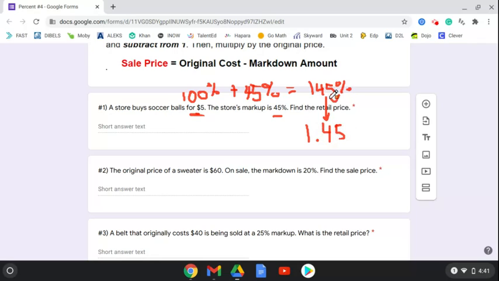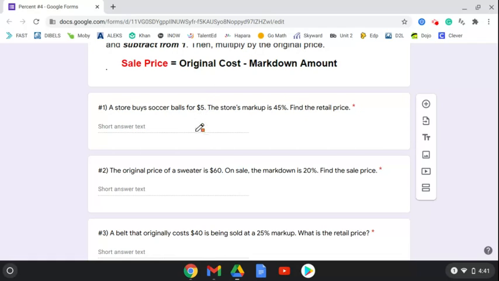You would move the decimal 2 places to the left, or you could say you divide 145 by 100 to get 1.45. And I want 1.45 of the original cost of $5. 1.45 times $5 would be $7.25. Okay, so this represents a 45% markup on the price of the soccer balls. Okay, you could also